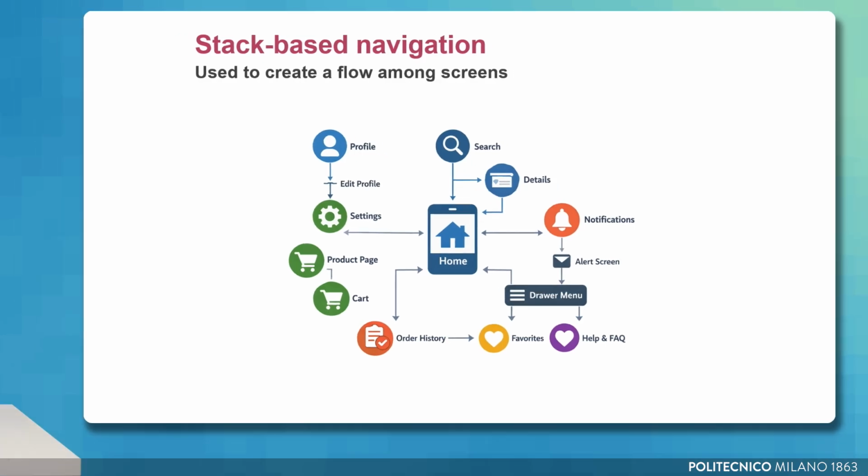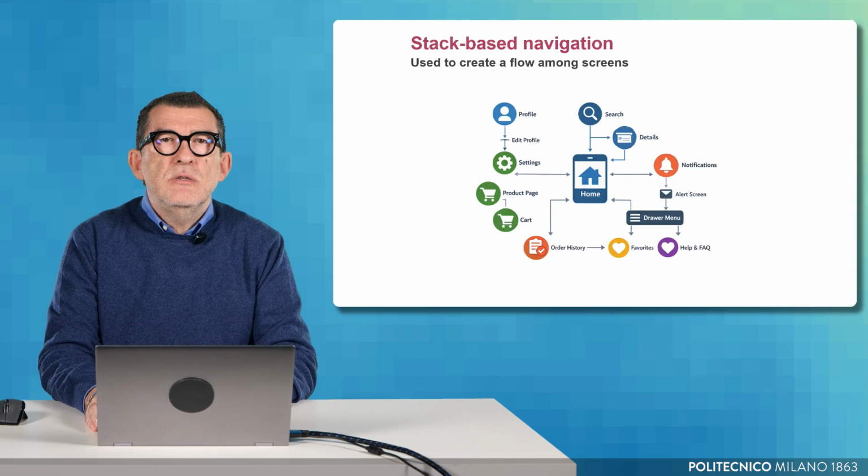An important aspect of stack-based navigation is backward movement. Since screens are stacked, users can usually return to the previous one by popping the stack. This reinforces a clear mental model. Each new screen temporarily covers the previous one, and going back restores it. We can have as many pages as we want. The navigation structure, often represented as a navigation graph, can be as simple or as complex as needed.